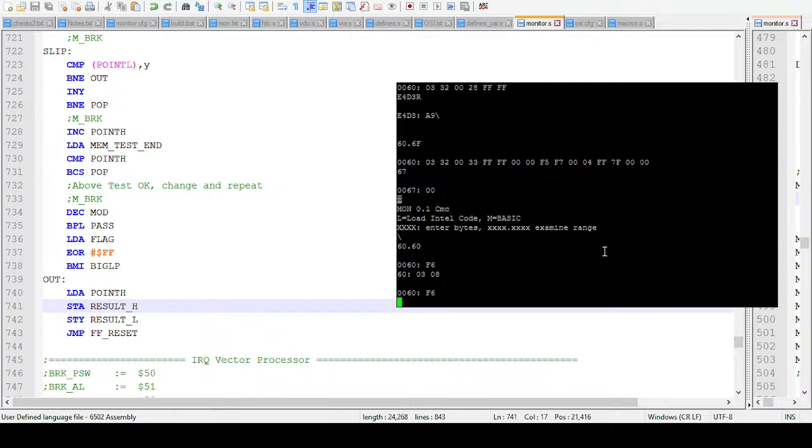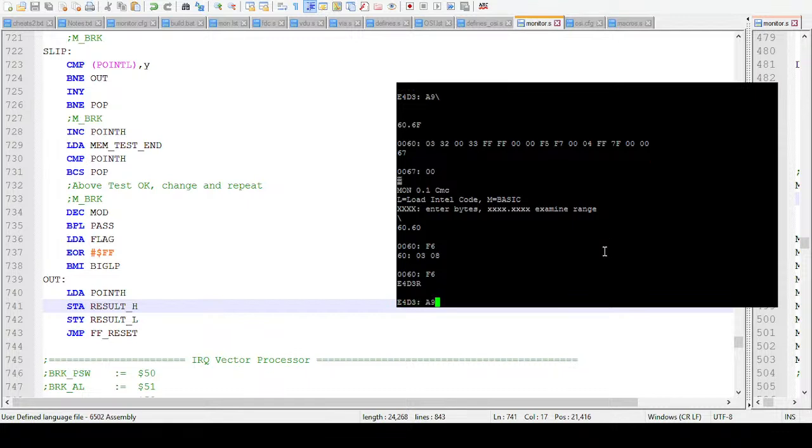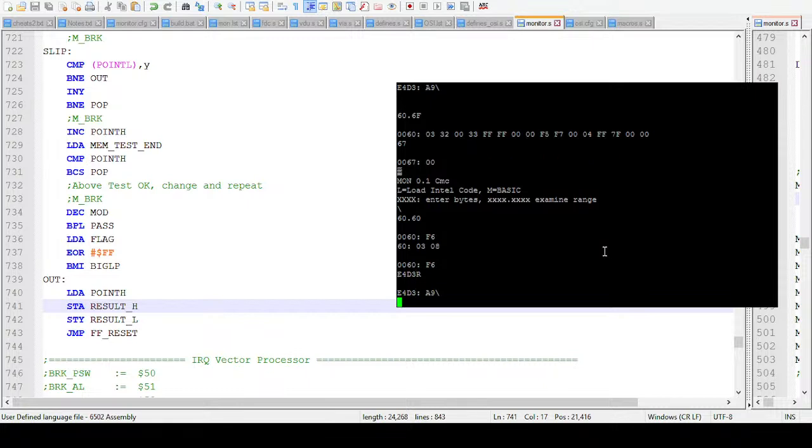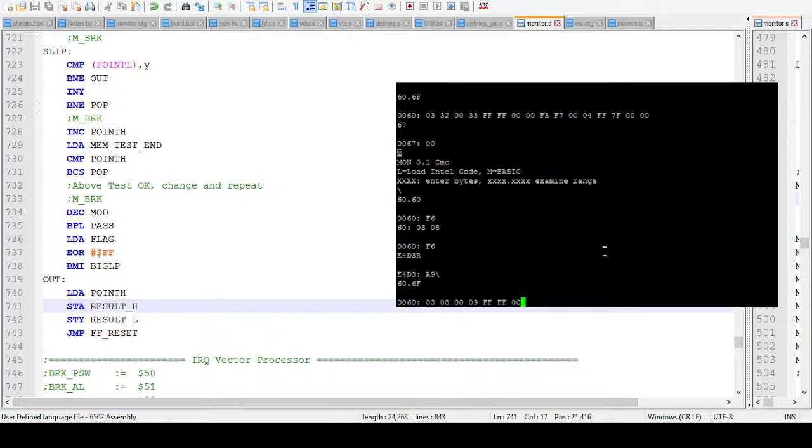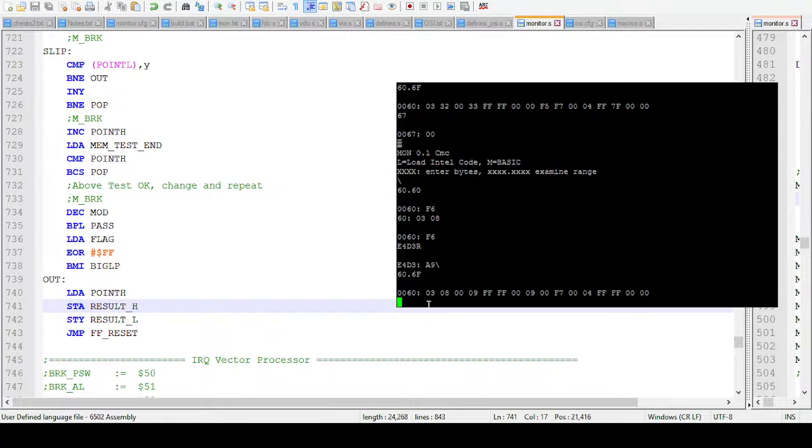Okay, this is just a small test for what we're doing. Cool. It just takes its time to do the memory test, that's all it is, because it's reading and writing a whole bunch of data. Now we do 60.6F and at location